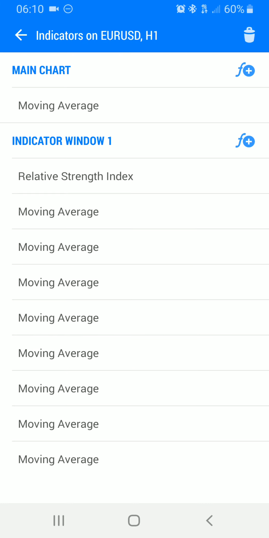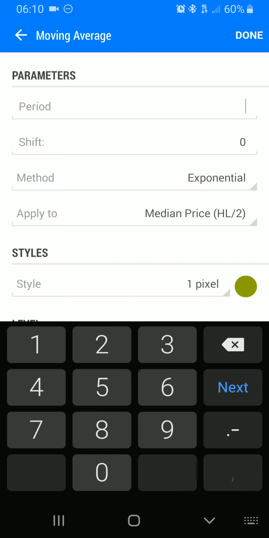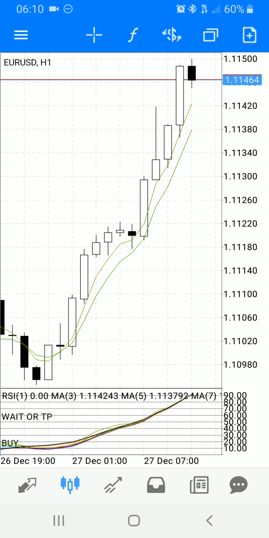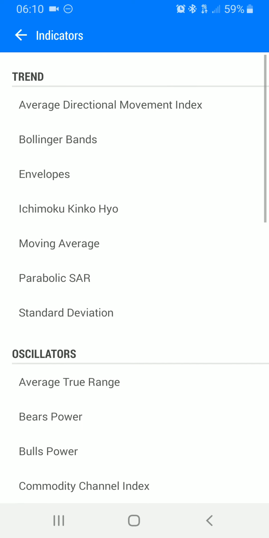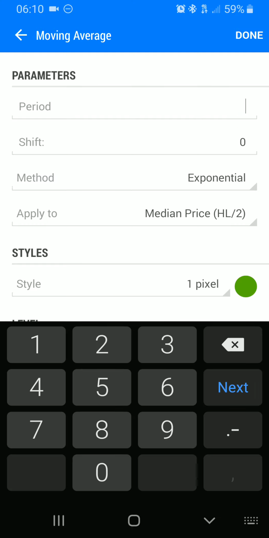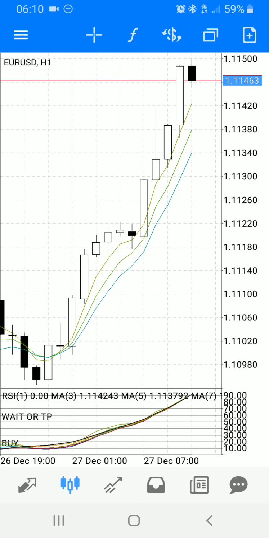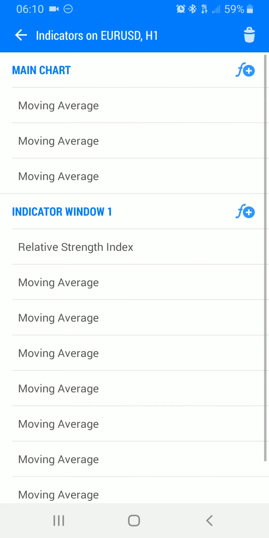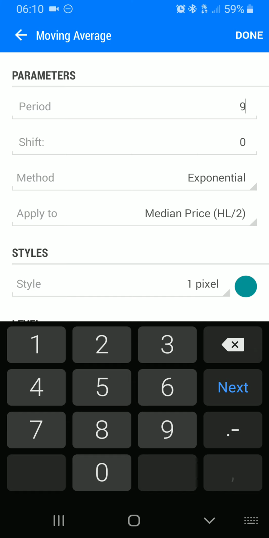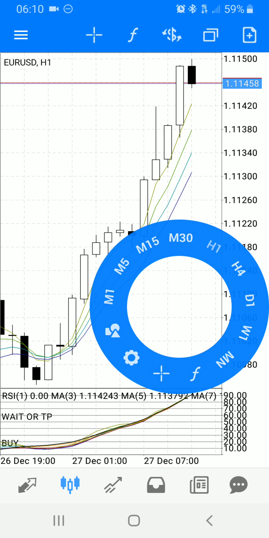And we're just gonna keep doing the same thing. Add it to the main chart, moving average, make that a 5. Change this color to green, get done. Just keep adding them, main chart, moving average. Then we're gonna go to 7. And we're gonna skip that color, done, function, main chart, moving average, change that 7 to a 9, change that color to blue, done, function,